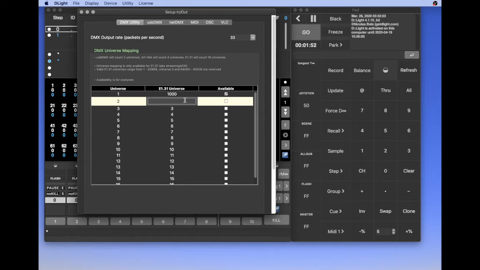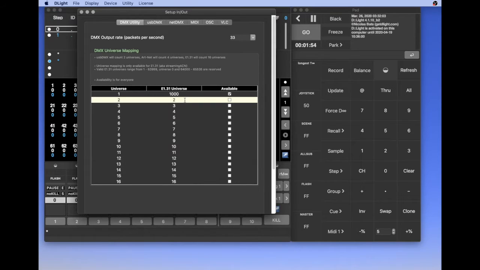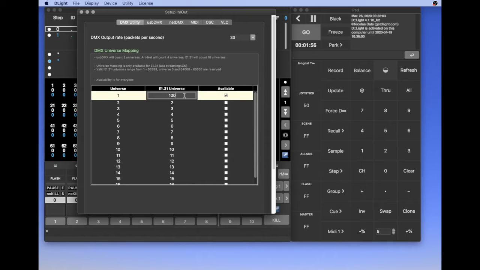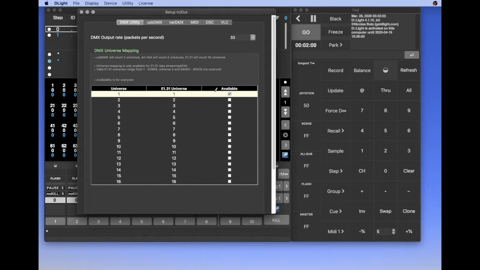Let me put them back to the default one. By default, only universe 1 is available. If you need more, you tick more.